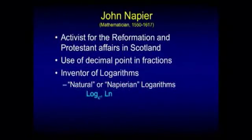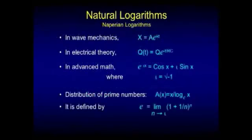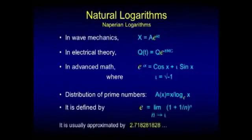John Napier, by the way, is the mathematician that discovered the properties of this peculiar number E. He was actually an activist for the Reformation in Scotland. He's the one that first used decimal points and fractions. But he's the inventor of logarithms. And the natural or Napierian logarithms, named in his honor, is log to the base E. It has all kinds of properties in advanced mathematics. You'll find it in wave mechanics, electrical theory, the distribution of prime numbers. It shows up everywhere in strange ways. This peculiar number called E turns out to be approximated by